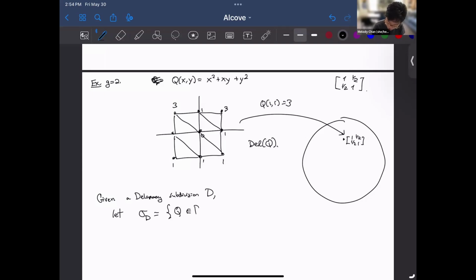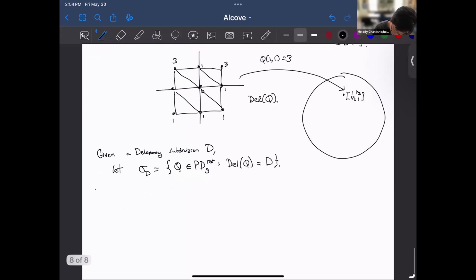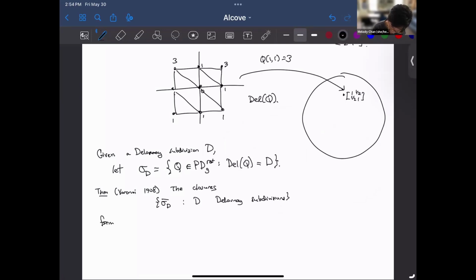So collect together all those Q's such that the Delaunay subdivision of Q is that fixed D. Then we claim, we'll say this is a theorem, the closures of these sigmas as D ranges over all Delaunay subdivisions form an infinite face-to-face polyhedral decomposition